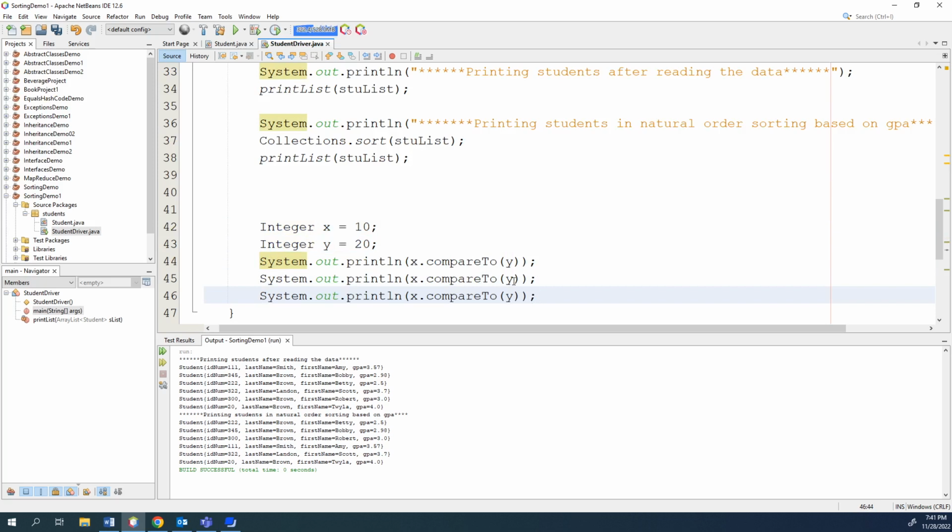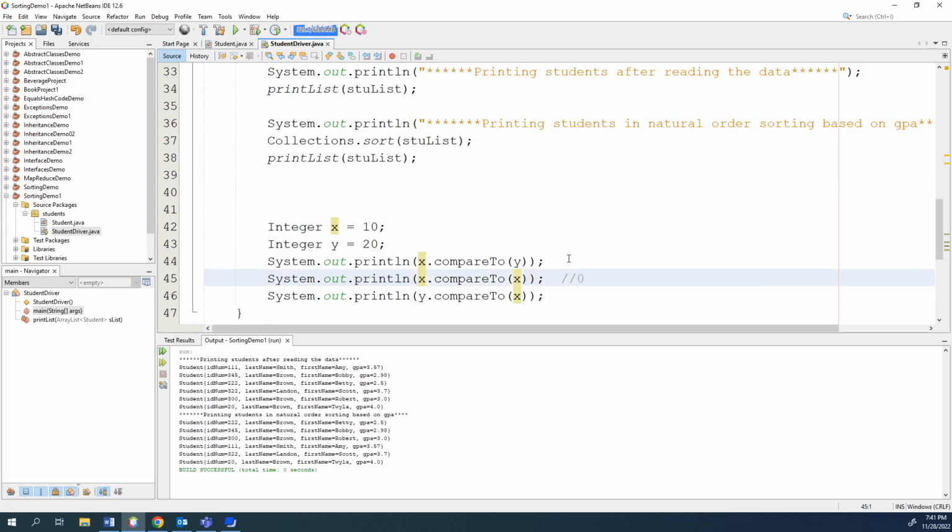So xy, let me do xx and let me do yx. I want to see when you will get positive, when you will get negative, when you will get 0. So basically you all agree that x compareTo x would get 0, and if this is a lower value, you are going to get negative. So x is lower than y, right? So basically you're going to get a negative value,